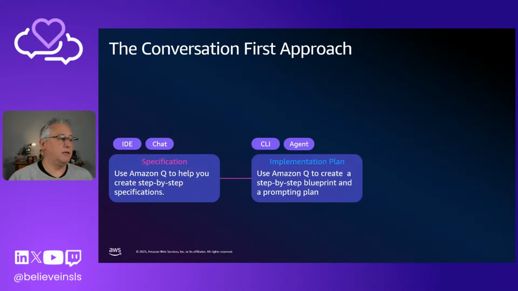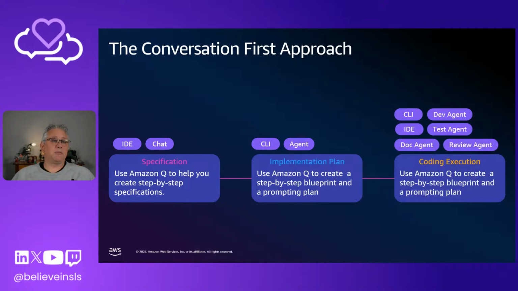Once you've got the specification, you can then extend your conversation. You can add the specification that you've written, that AI has written for you. You can start expanding on that and getting an implementation plan. You can get it to review the specification and actually write the implementation plan. And you can talk to it about the implementation plan. You can break it down to tasks. Those tasks you can break down, and then you can start looking at going even further.